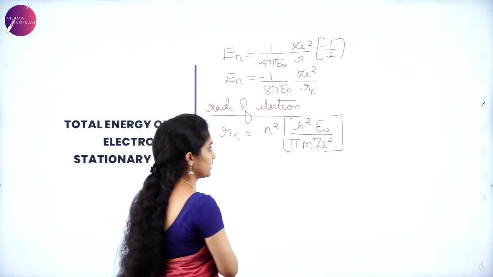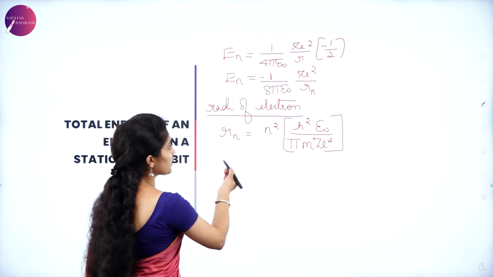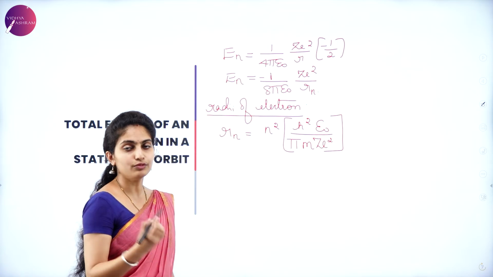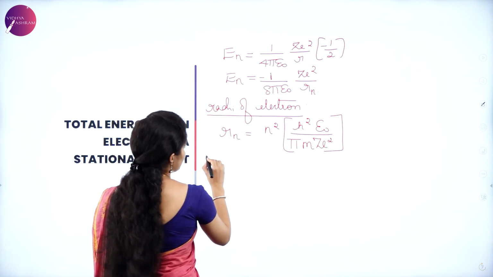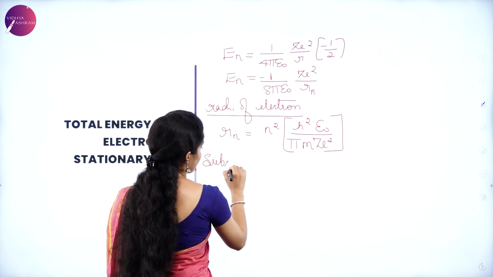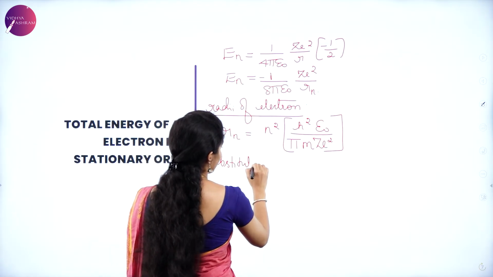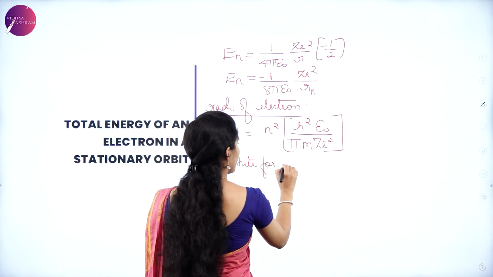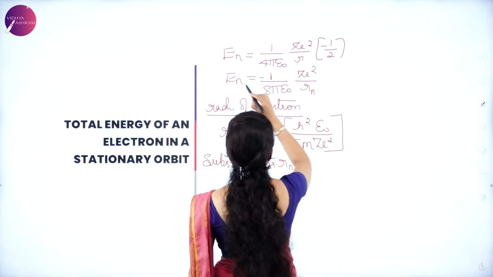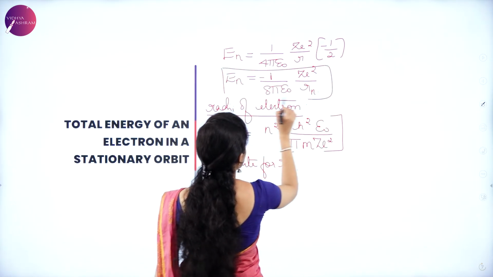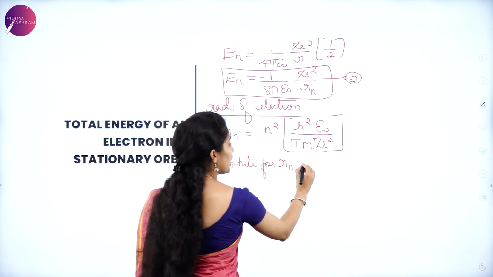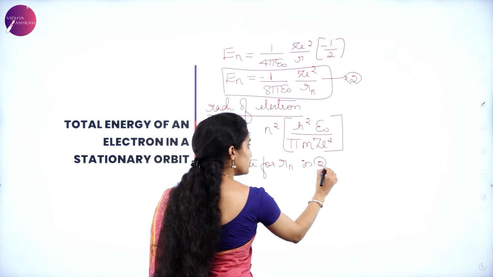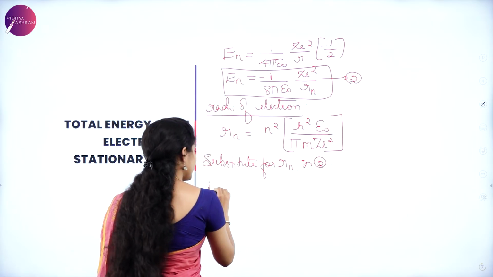Okay, so this is the radii of the electron which is moving in the nth stationary orbit. Suppose we consider this equation as equation 2, then substituting for Rn in equation 2, we have En